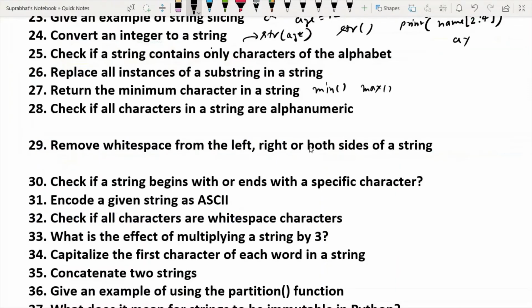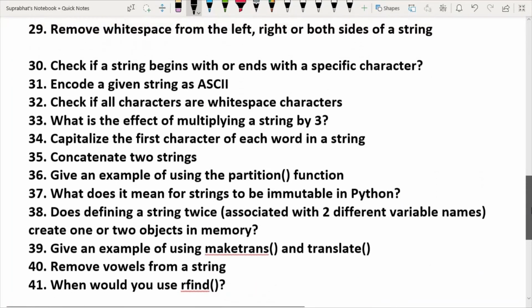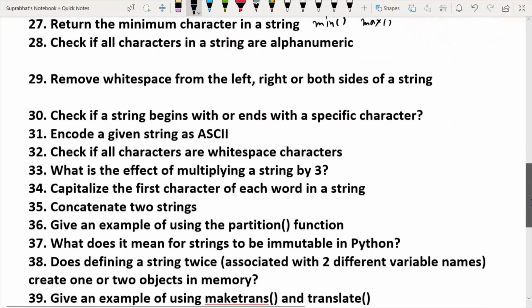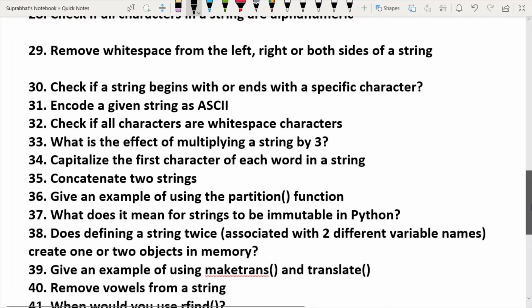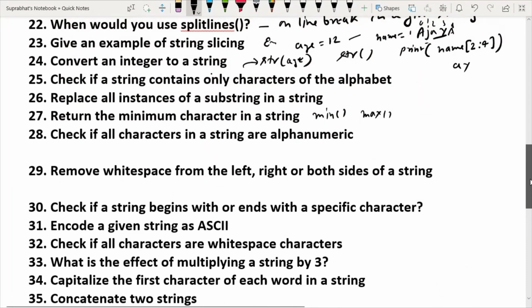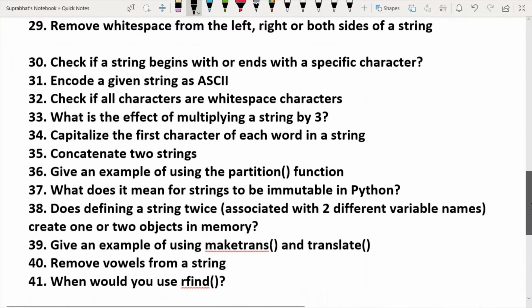Understand this? So up to 30 questions we have discussed here. These are the questions that I have selected for competitive examinations. This type of question can be asked of you. The rest of the questions we will discuss tomorrow, from 30 to a total of 41 questions. If you can solve the rest of them, please try. You have to try these questions, and tomorrow you can ask me. If you have confusion, we will discuss it tomorrow also. Okay.